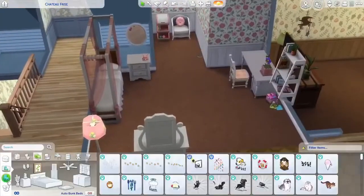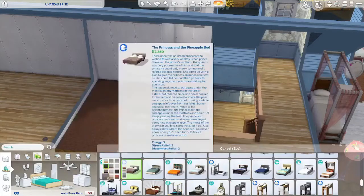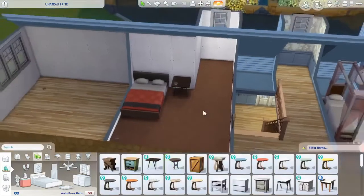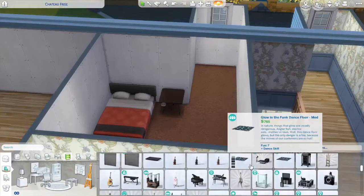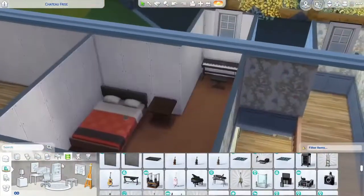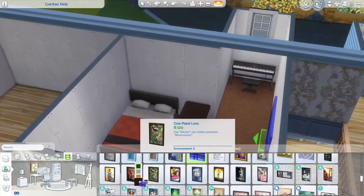Finally moving on to the teens' room. I struggled a little bit here trying to figure out the vibes that I was going for. I tried a little bit to stick a desk and get it to fit in this little tiny nook. I thought maybe they would do their homework on it, but I ended up kind of going with a teen who really likes music and movies. So there's the piano. I put a little guitar in there for them as well,